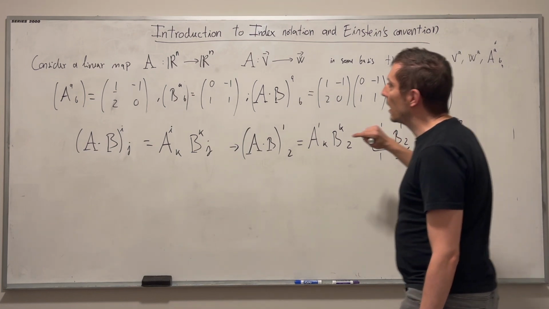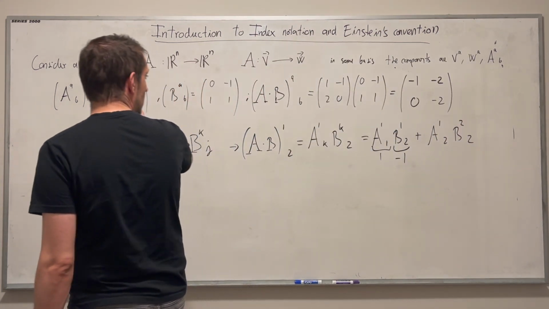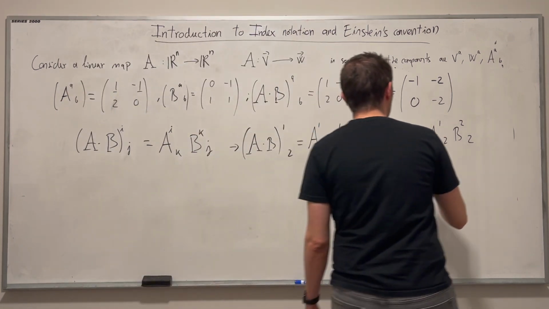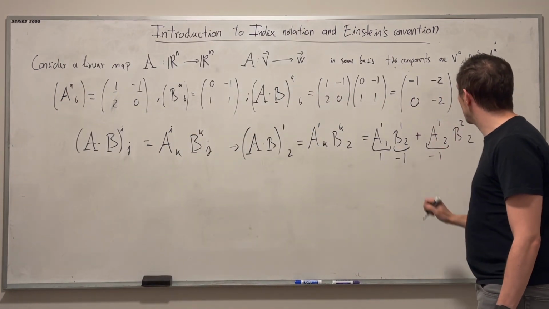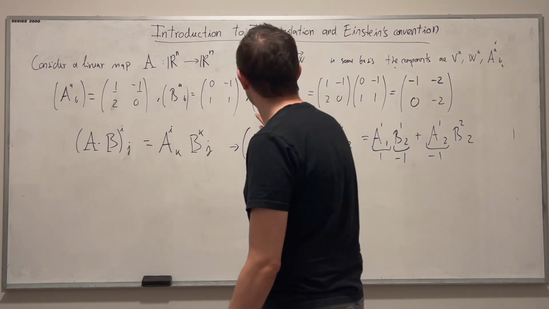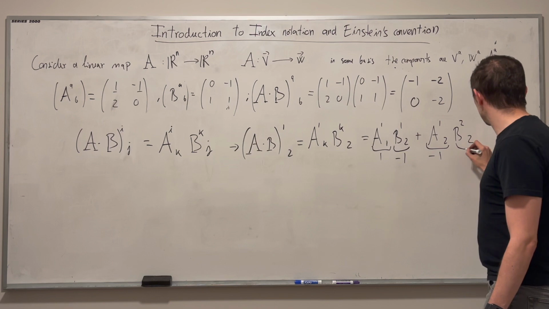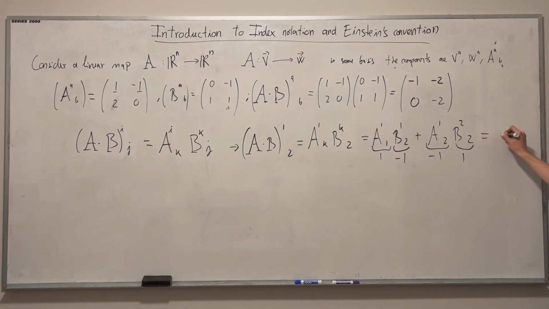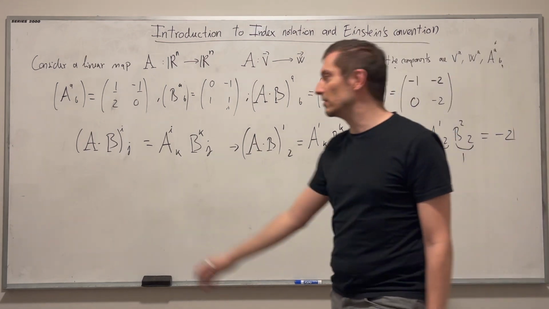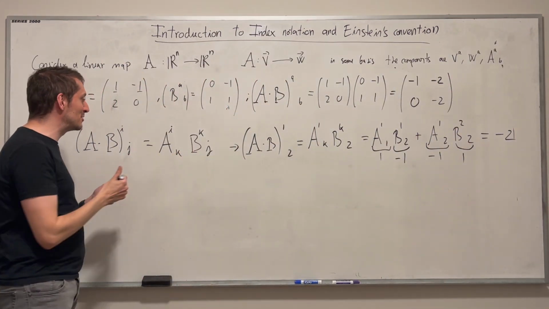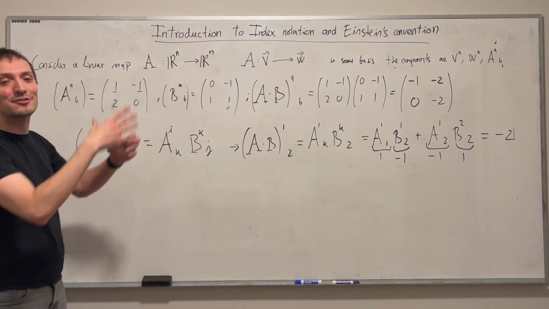A12. A12, in this case 1, 2, is this minus 1 here, so this is minus 1. And then finally B22. B22 is this guy here, so it's a 1. So total minus 1 plus minus 1 minus 2. So yeah, definitely the right result. This expression works. This is the compact expression to write a matrix product, or the entries of a matrix product